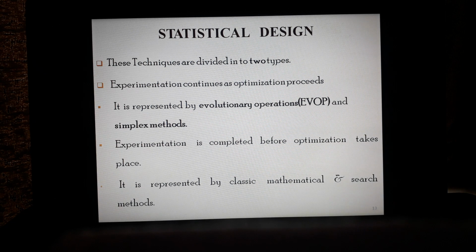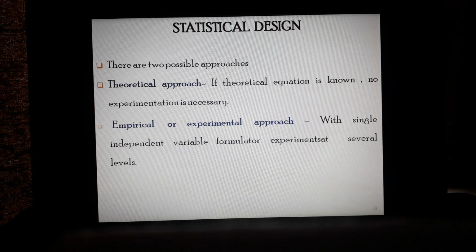Experimentation is completed before optimization takes place. It is represented by the classical, mathematical, and search methods. So these are the different types of allied optimization methods by which one can easily formulate the base formulation. So as far as statistical design is concerned,